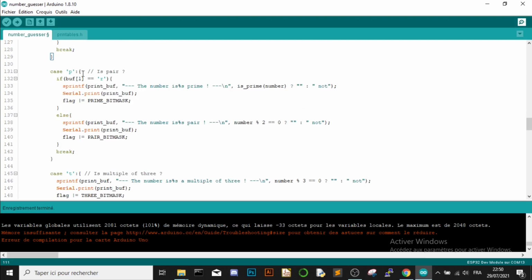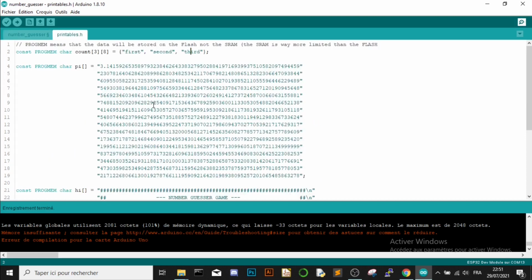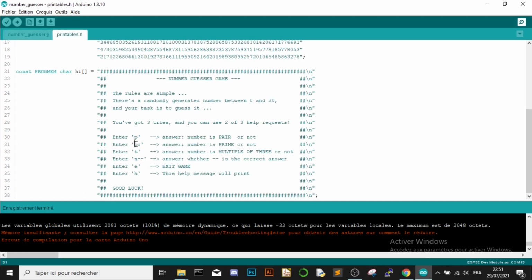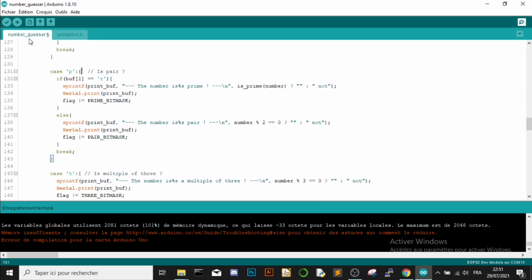Anyway, else, not else, it's a switch case, so not exactly else. Here we have the case where we're requesting whether the number is prime or not. If you remember, prime and pair both start with P, so buff of 0 is P in both cases, and we have to test the second character. So if the second character, which is buff of 1, is equal to r,